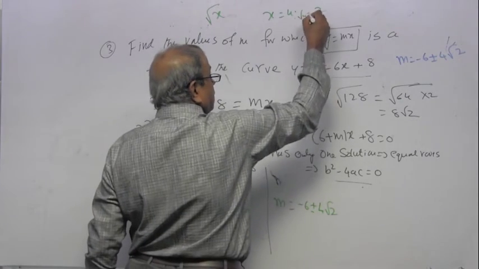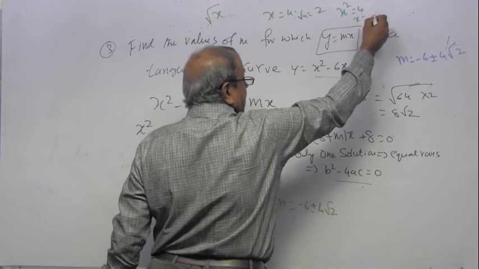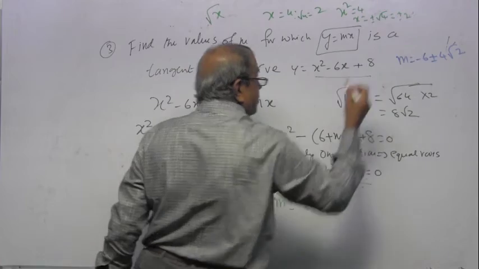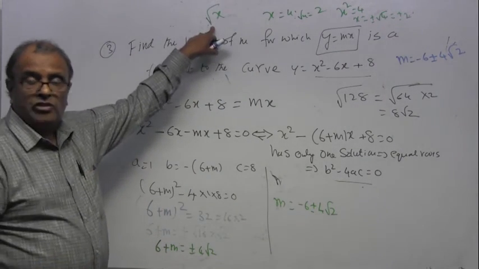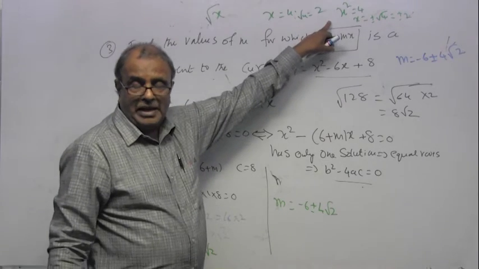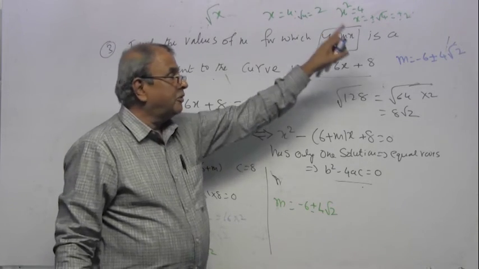So root 4 equals 2. Whereas if you're solving x squared equal to 4, x will be plus or minus root 4, which is plus or minus 2. That means if the question gives a root, it's always a positive root. But if you are taking a square root of a square, you have to consider both